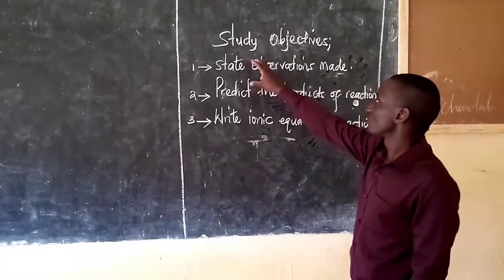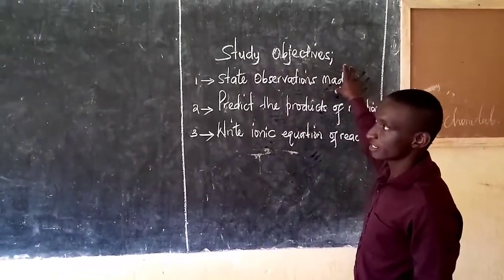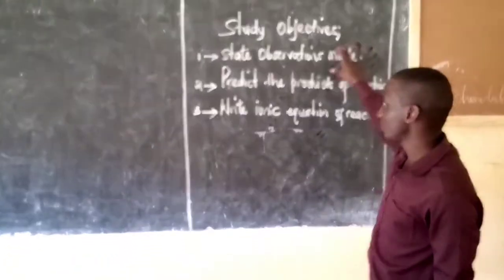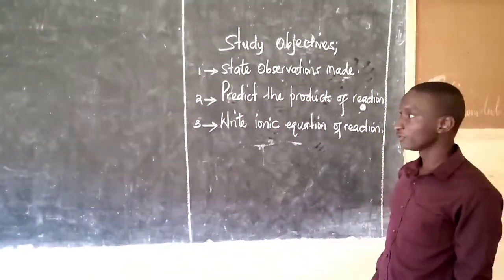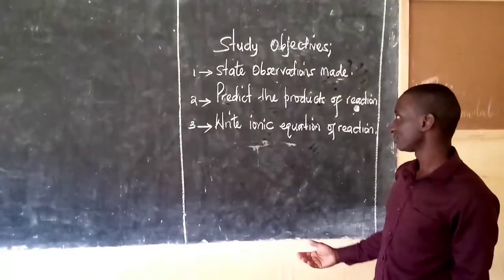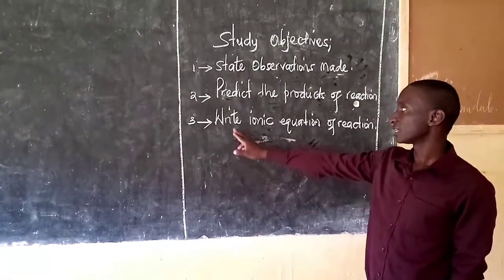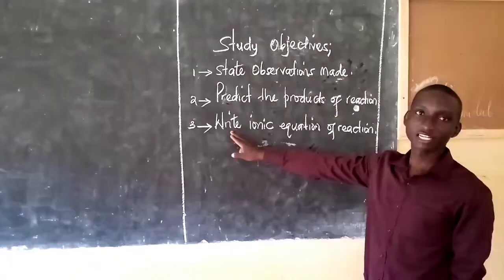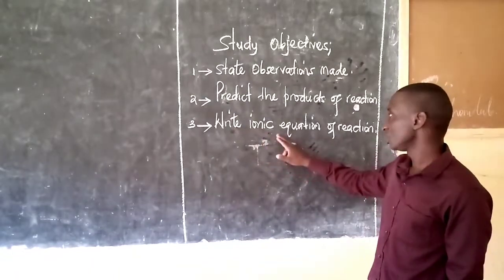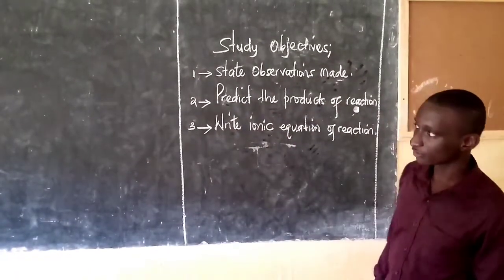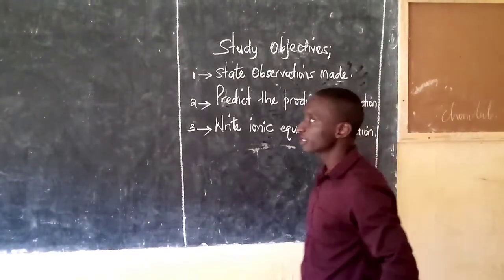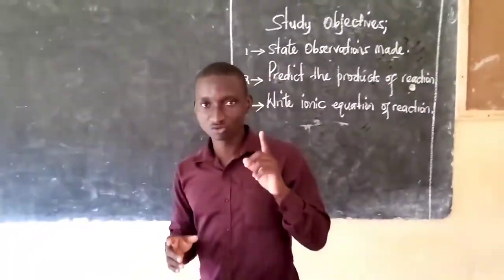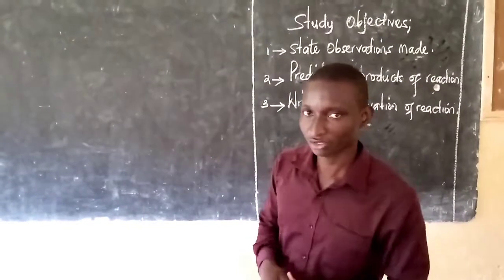Someone at the end of it all should be able to state the observations made at the end of a precipitation reaction. Someone should be able to predict the products of the reaction that we obtain at the end of the precipitation reaction, and at last one should be able to write the ionic equation that is obtained in terms of the precipitation reaction. However, today we want to concentrate on one type of precipitation reaction, that is going to